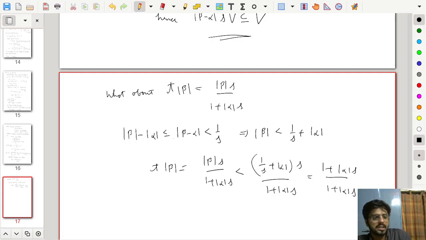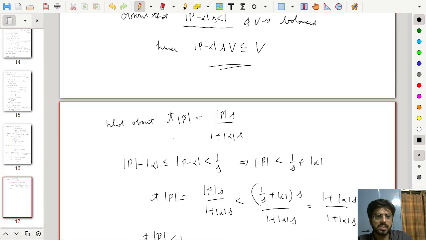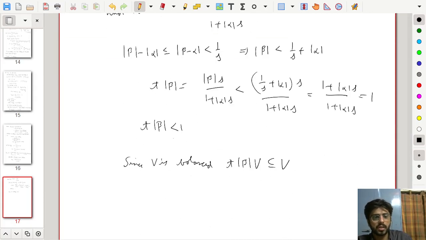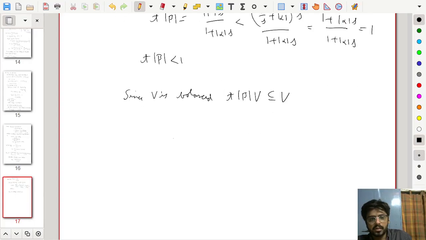Everything is nicely chosen so that this is equal to 1, right? So we get that T times mod beta is also strictly less than 1, and since V is balanced, we get that T times mod beta times V is strictly less than V. Hence we get